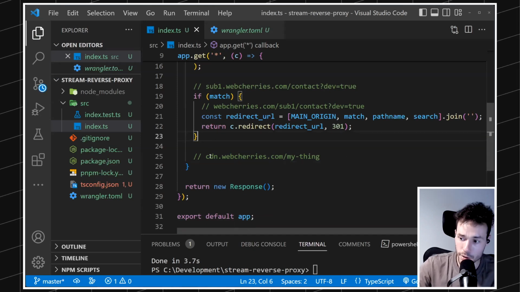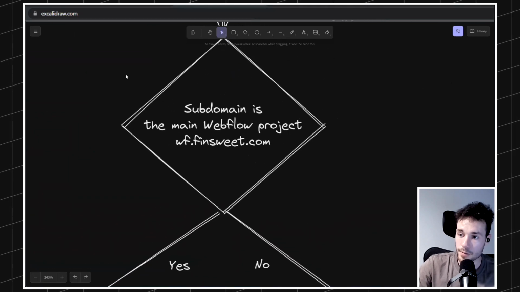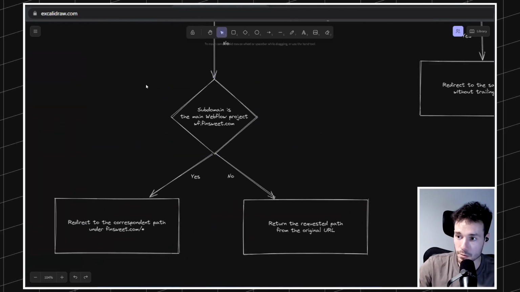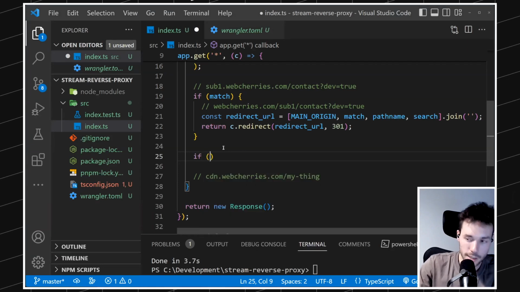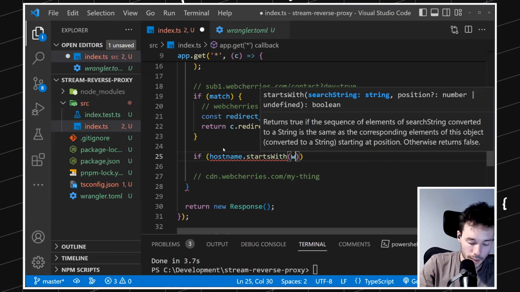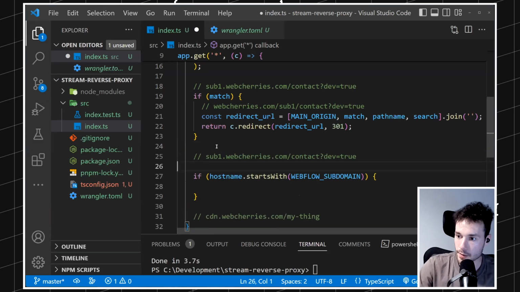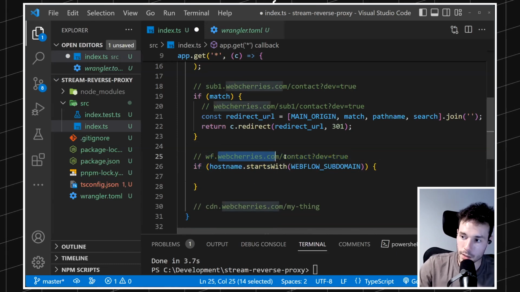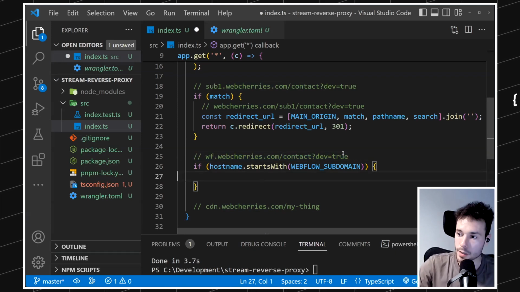Let's put another case before, because we have two cases here. We have the case of whether the subdomain is the main Webflow project, yes or no. So let's first handle if the subdomain is the main Webflow project. It's going to be simpler, and we'll just check that the host name starts with the Webflow subdomain. So essentially, we're just saying that the user is visiting wf.webcharts.com/whatever, which means that we have to send the user to